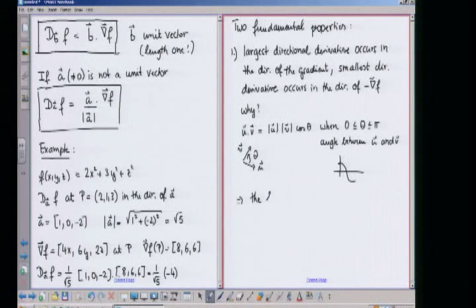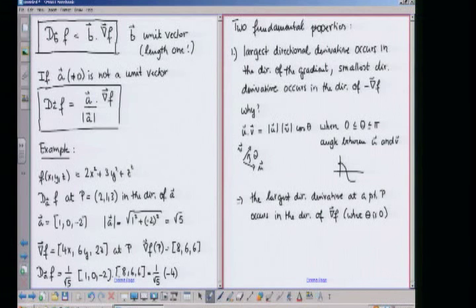The largest directional derivative at a point P occurs in the direction where the angle theta is 0, right? Occurs in the direction of gradient f, where theta is 0, okay? And with the same line of